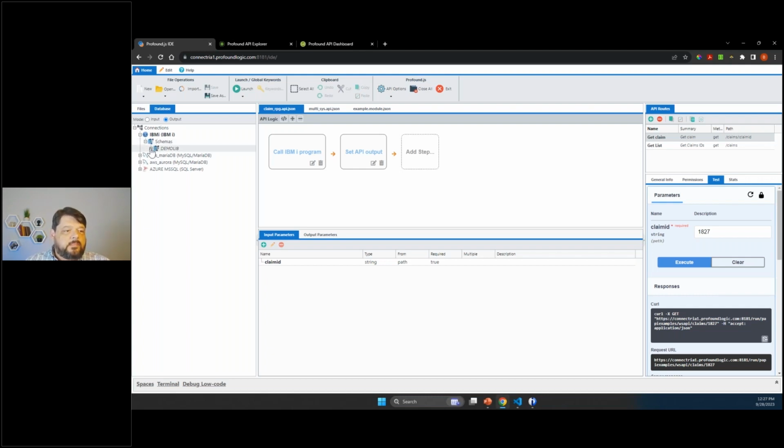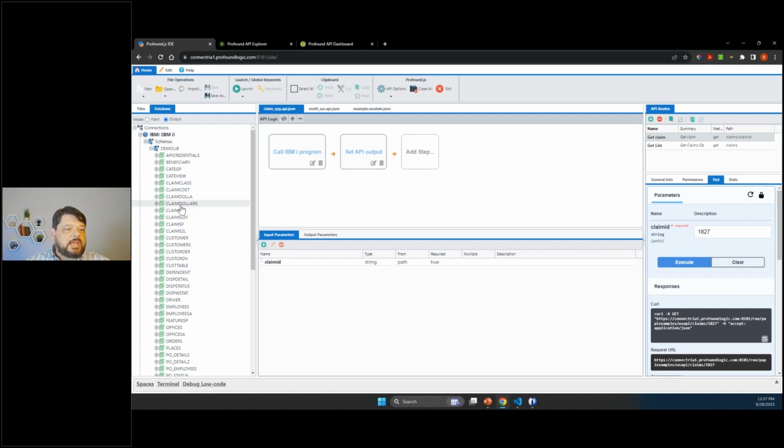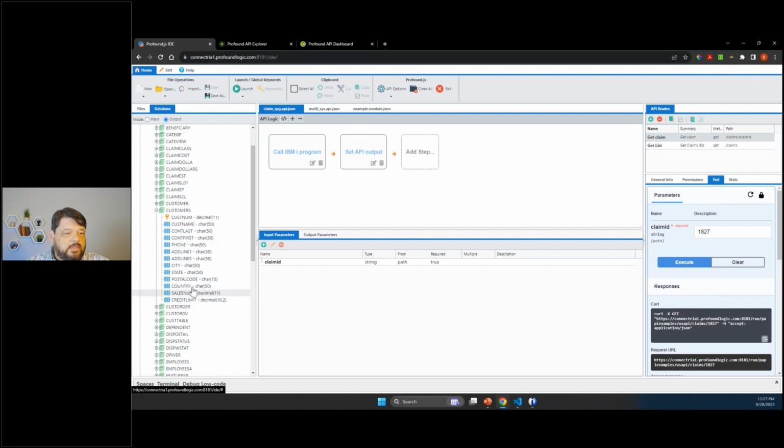I'm going to expand this out and we can see all the tables I have within the library DEMOLIB on my IBM i. So let's choose a table. For this, let's go with the customers table. If I expand that out, I can see the columns in that table and the key for that table.